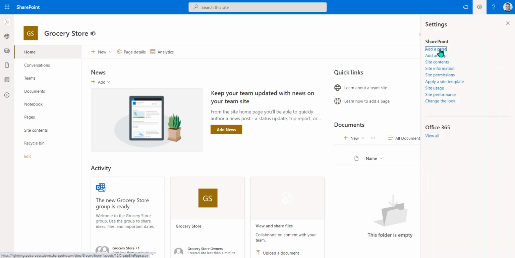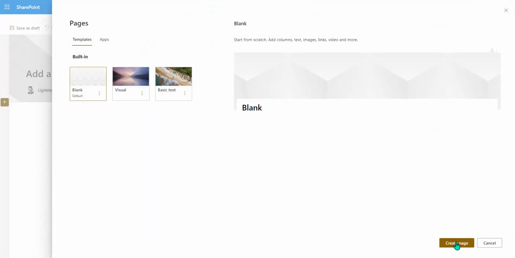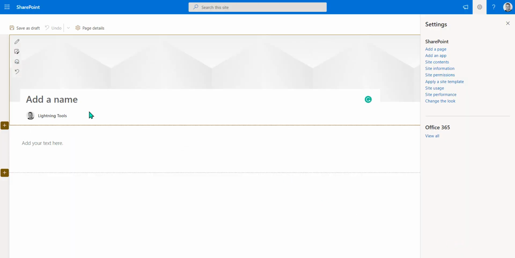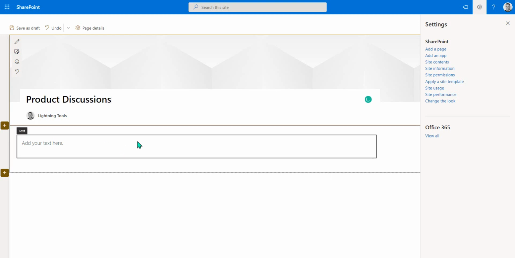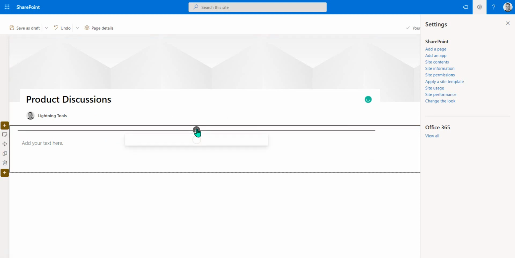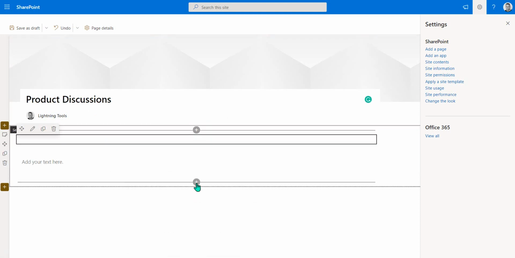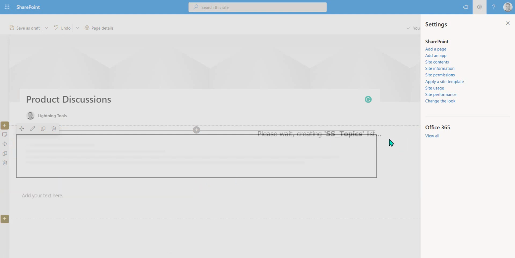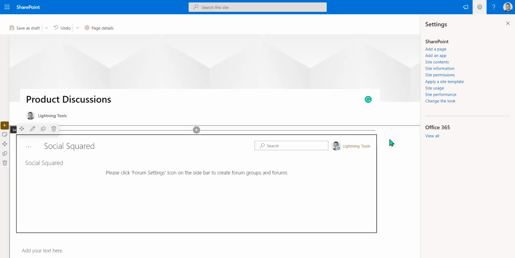So I'm going to go through and add a page to my SharePoint site, and it's a blank page, and we're going to call this product discussions, and we're going to add Social Squared into this page. And you'll notice here that it's provisioning those lists and libraries like we discussed in the previous videos, which will become the repository for the content that's created inside of the SharePoint site and also through Teams as well. And it just takes a moment for that to finish before we can get in to creating the forum groups